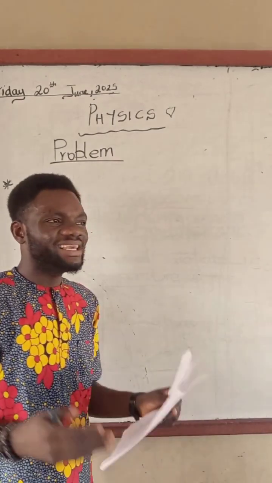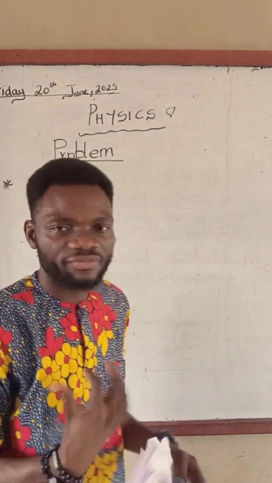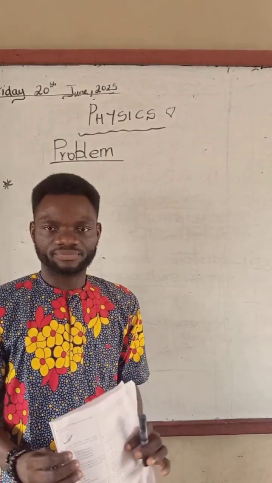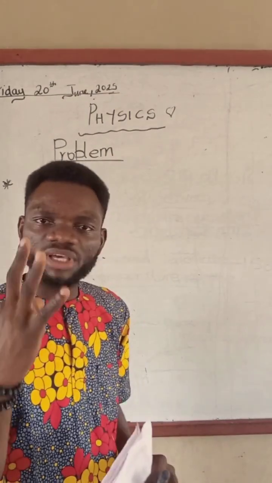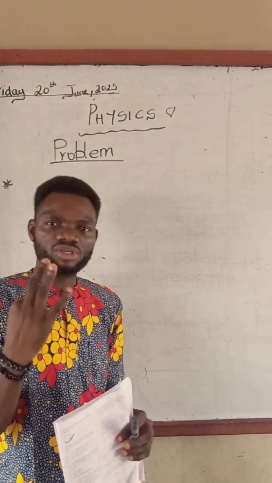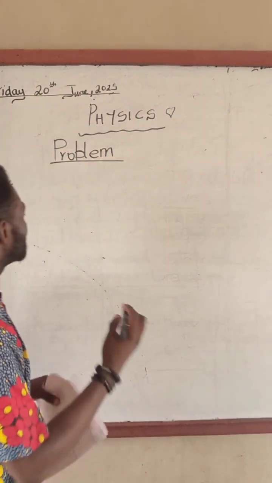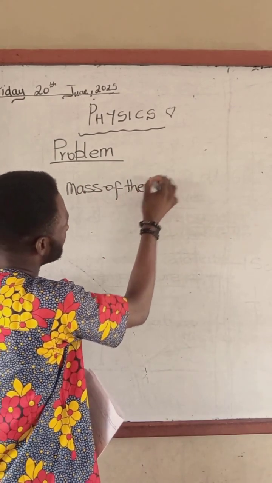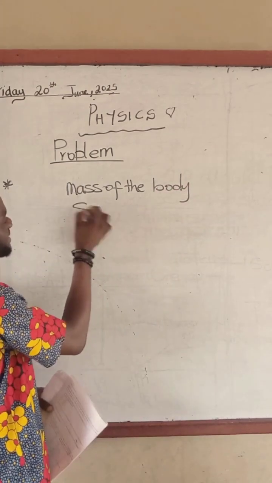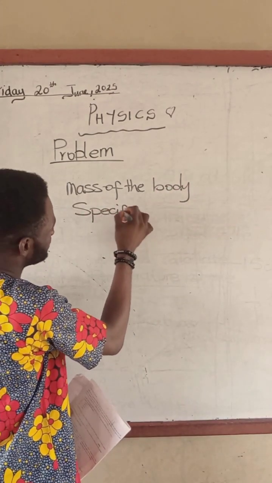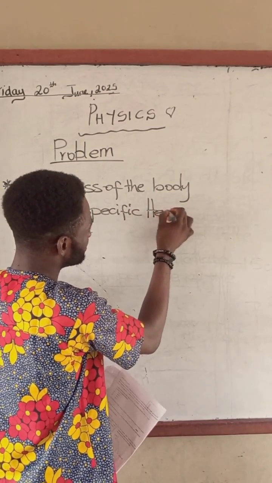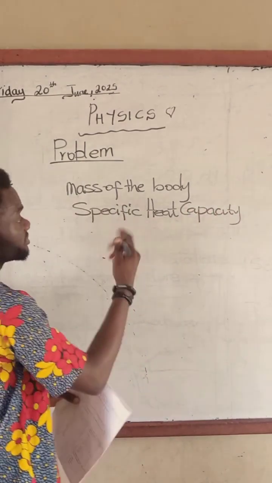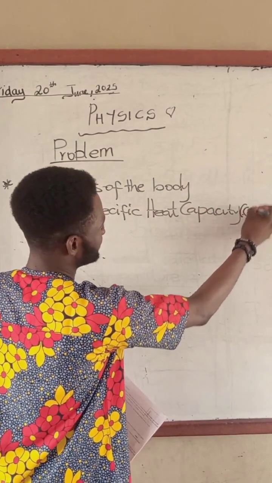The heat content of a body, the amount of heat that an object, a solid or a liquid, will have, depends on three major quantities of that body. Those quantities are the mass of the body, the specific heat capacity of the body, which is a function of the nature of the body, usually represented with the letter C,